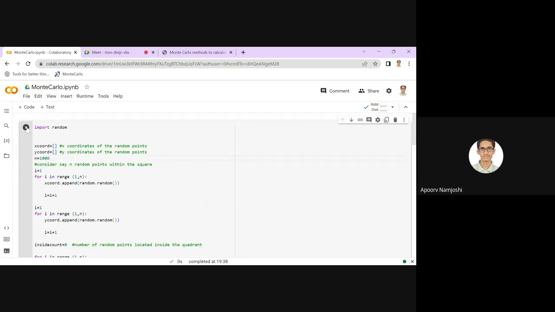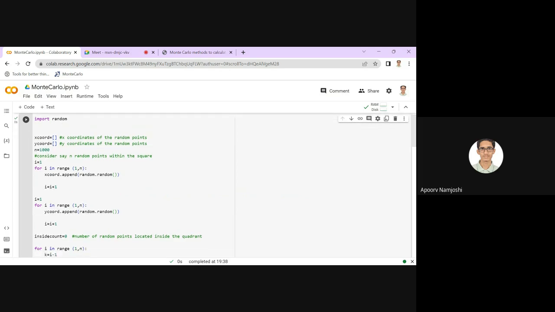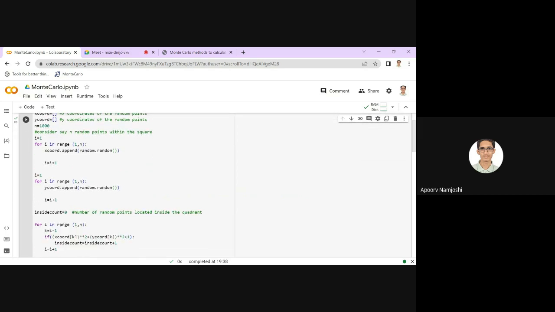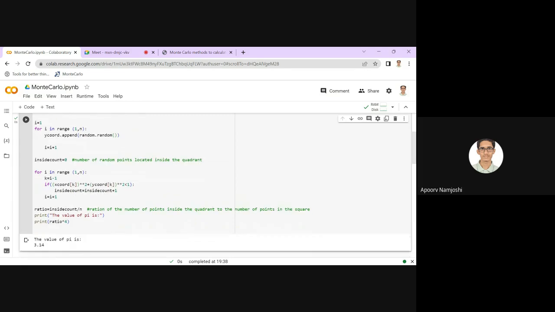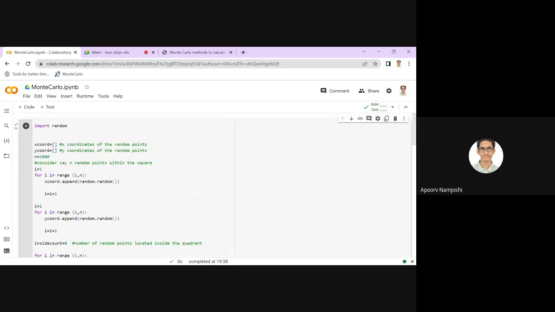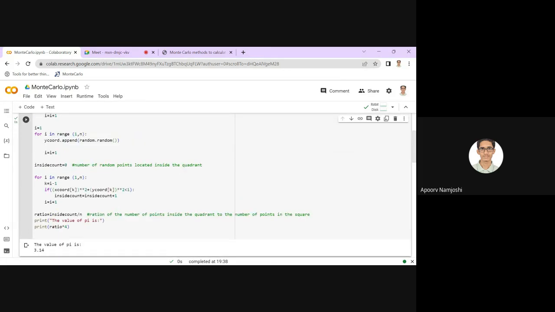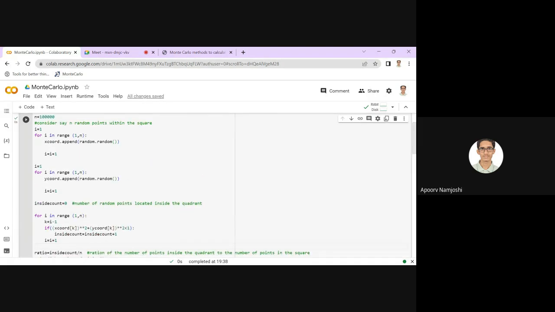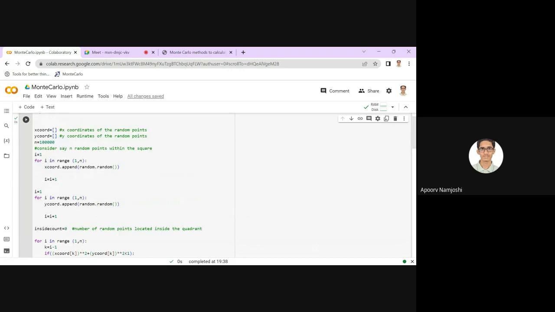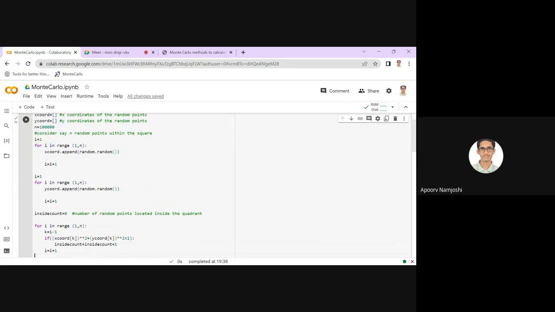Now I run it 1,000 times. I mean, I use 1,000 points randomly distributed in the square. Now it is 3.14, which is even closer. And as I keep increasing this, I think the number of decimal places is limited. As I keep increasing the number of points which I am scattering in the square, the value will become more